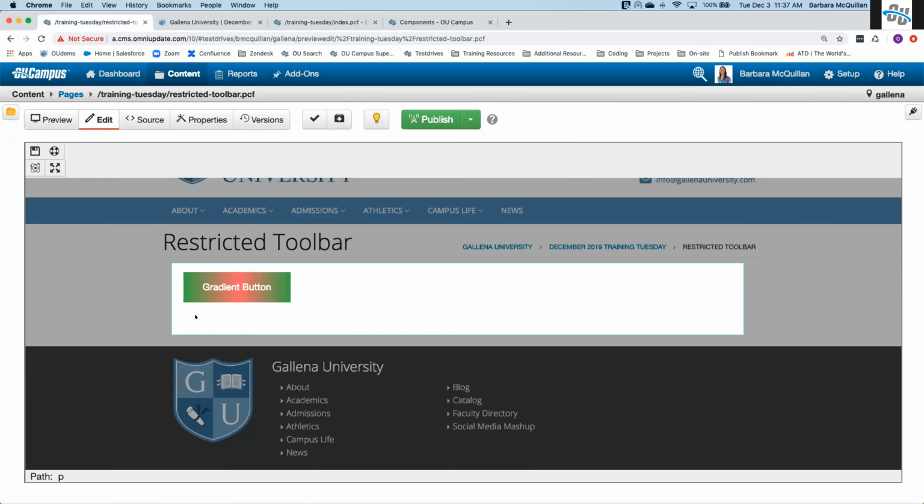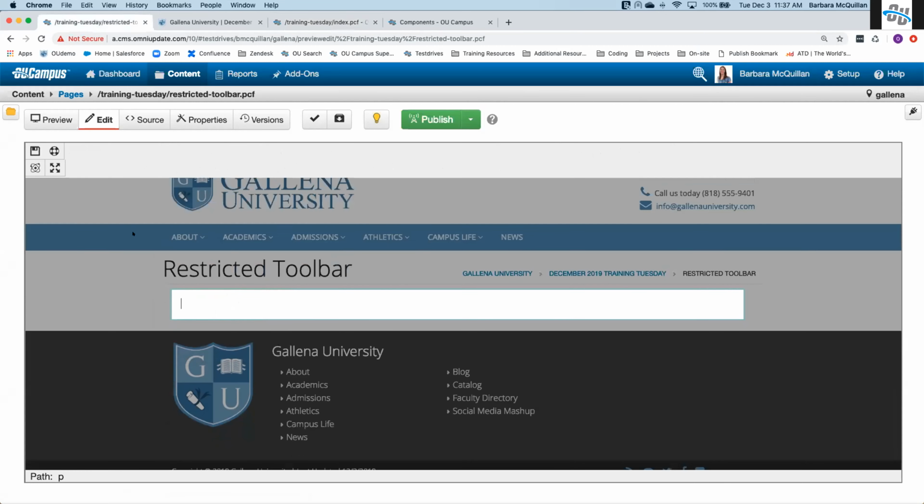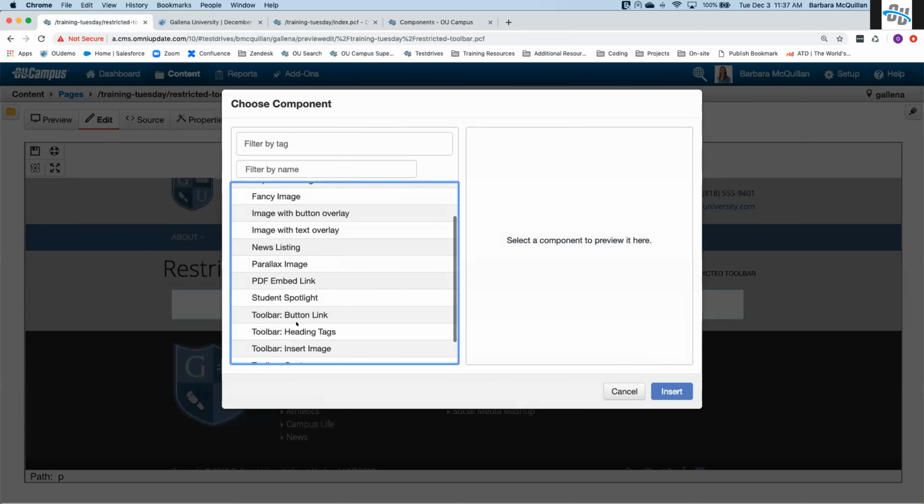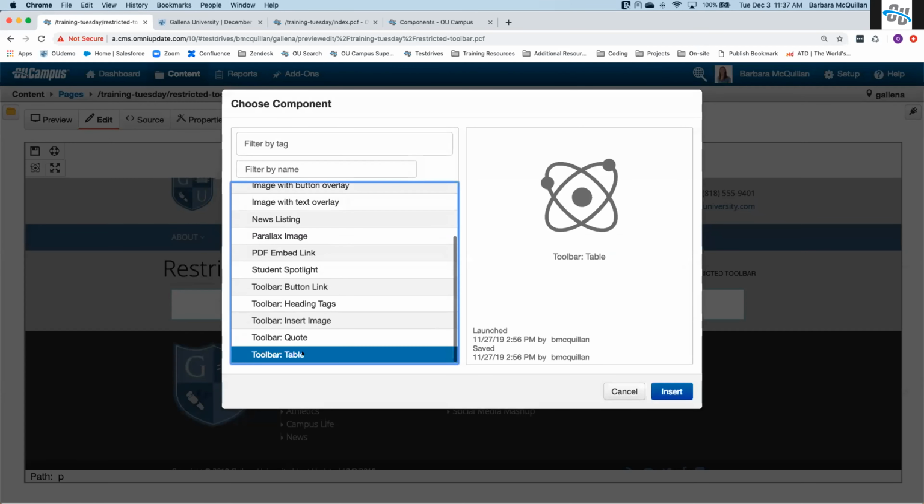Back over to my restricted toolbar. We'll take out that button. Other things you can do, you can pre-set up tables. One of the things that I find to be extra button clicks inside the WYSIWYG editor is creating tables, because tables require a lot in order to make them accessible. When you create a table inside the editor,